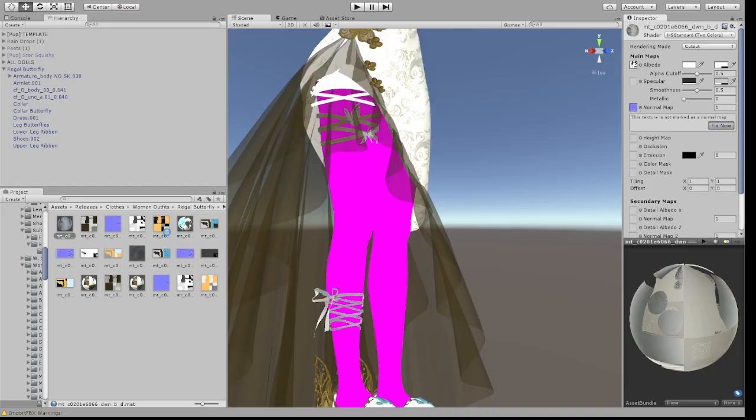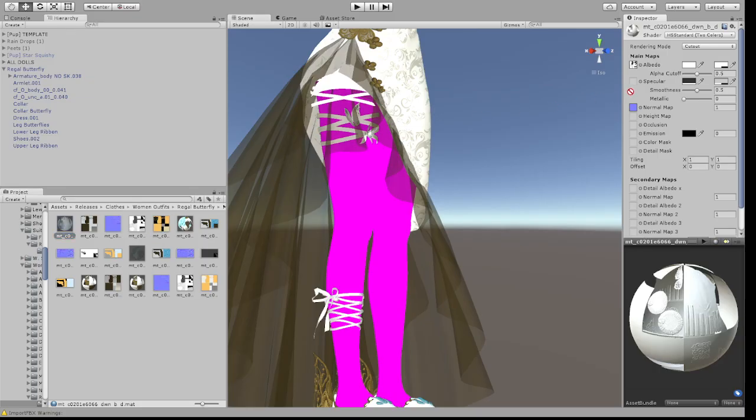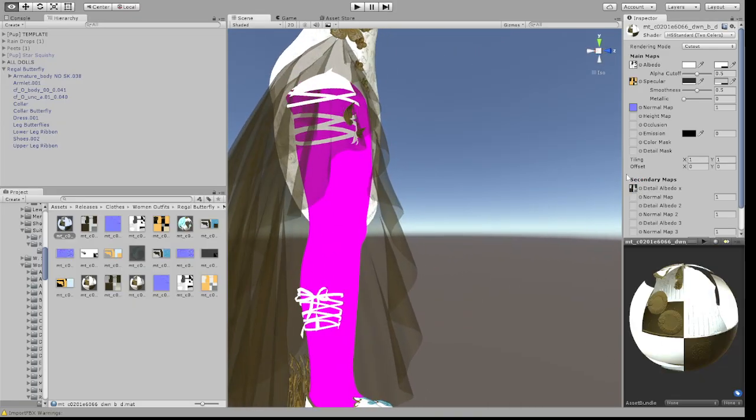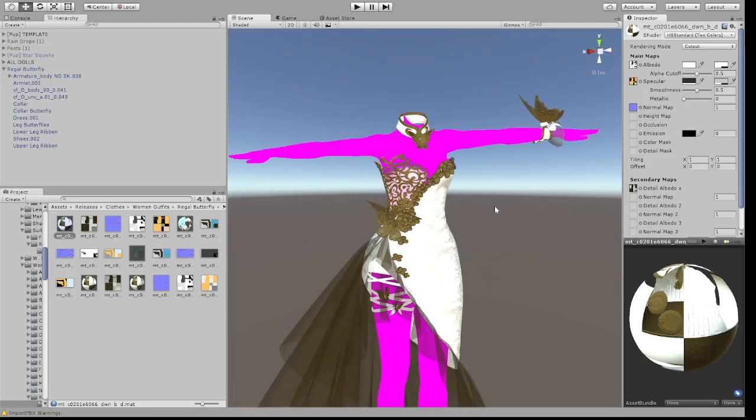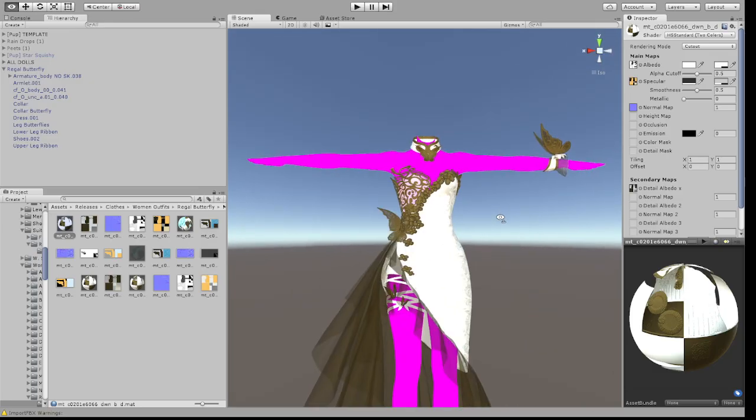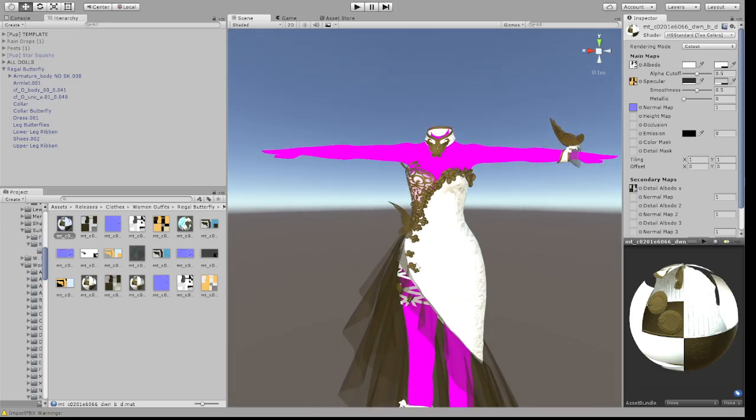Make sure that it knows that the normal map is a normal map. Grabbing the specular and putting that in the detail albedo section, just to start with. So now we've got our basic materials put on here,